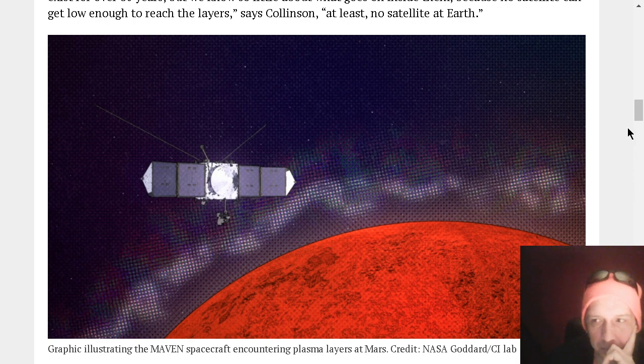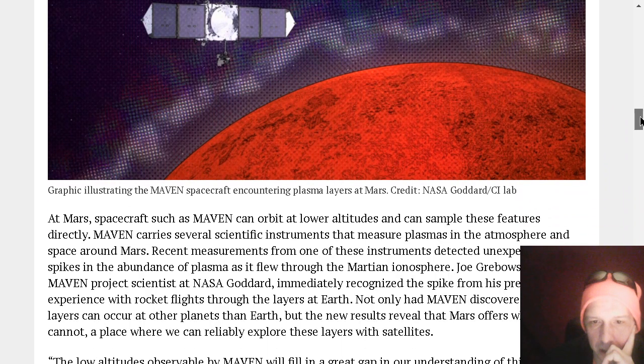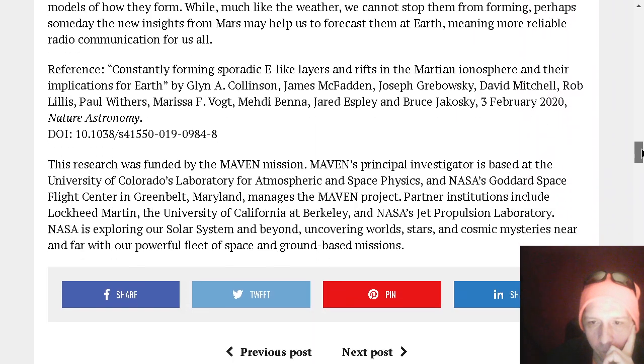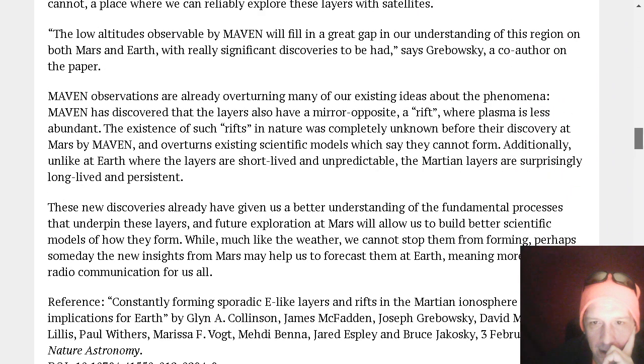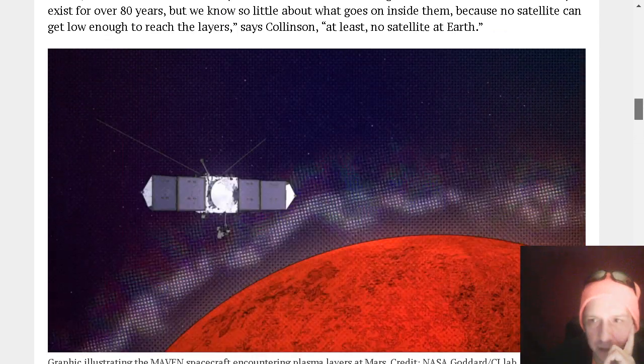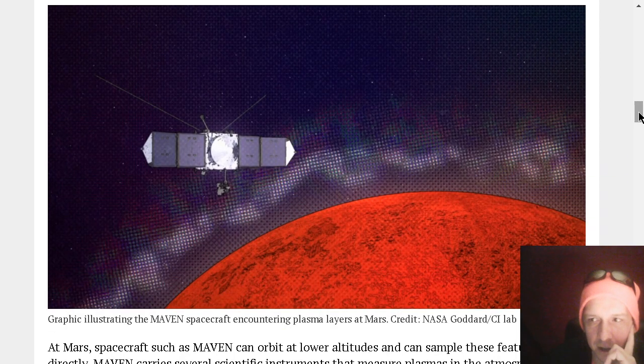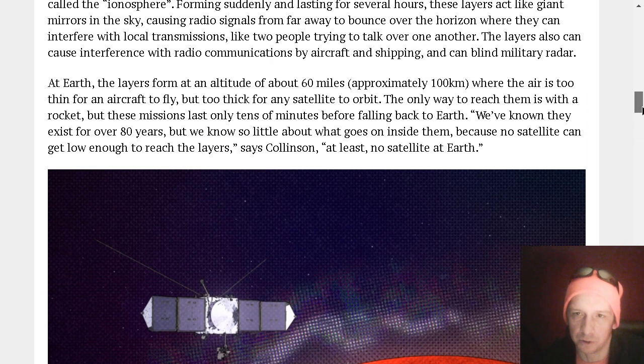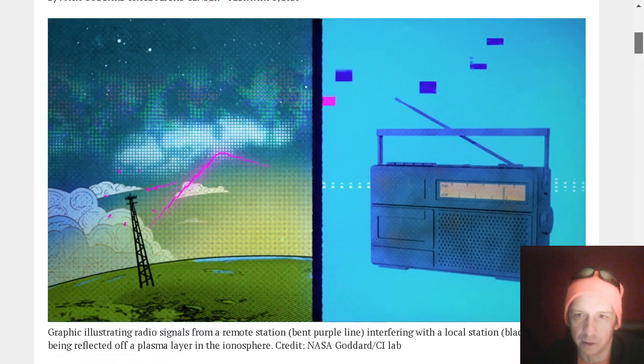It'll teach you about both Earth and Mars's atmospheres, and we're talking about the E layer, which is the layer just below the F layer. And this has to do with the way the electrons in the ionosphere re-emit the radio signals, acting like a mirror. And they're really re-emitting the signals, folks. They're not really reflecting the signals. But in any case,